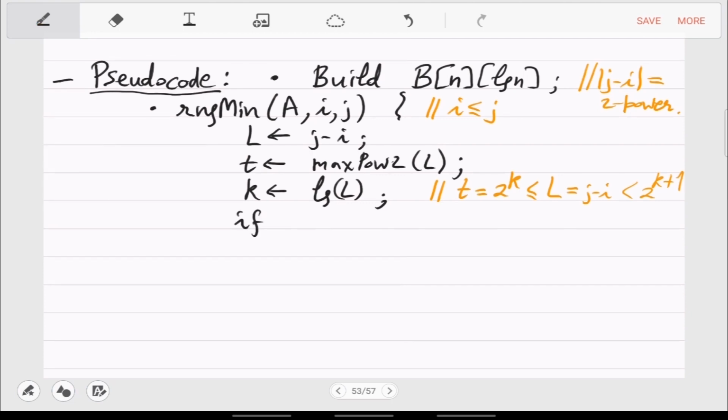So if t and L are the same, which means that j minus i is already a perfect 2 power, then you have the answer already pre-computed. So in that case, you should just return what? If you are awake, you would know this. What to return here?